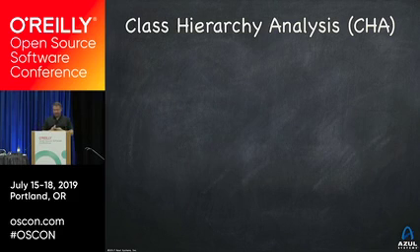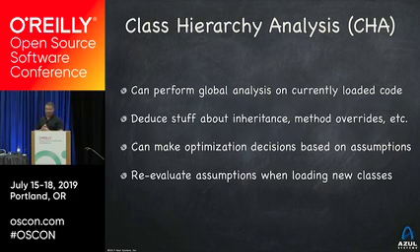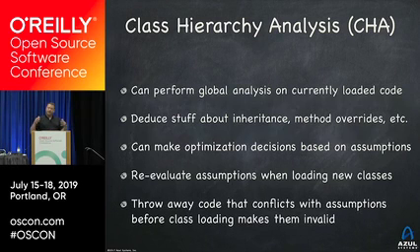Okay, a last couple of speculative optimizations that are really cool. Class hierarchy analysis basically uses the fact that the JVM is able to see the entire universe of currently loaded classes and reason about it, analyze it, prove things that are currently true but we don't know will stay true. And then it can make assumptions based on that, generate code, and if the universe changes, it could throw away the code if the assumptions have been broken.